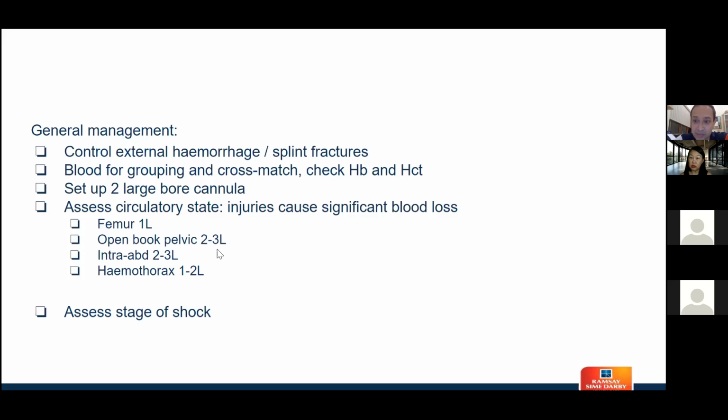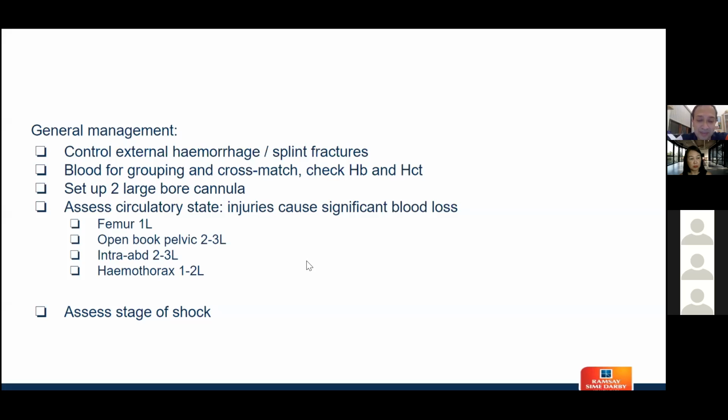Yeah, because the blood supply to the bone is quite abundant. So you have the periosteal and medullary supply, especially to the long bones like the femur, the bigger ones. Like a rib fracture, you're not going to lose so much, but the bigger long bones, you tend to. Yeah. So what you have to do at that stage, if you're worried about the circulation,